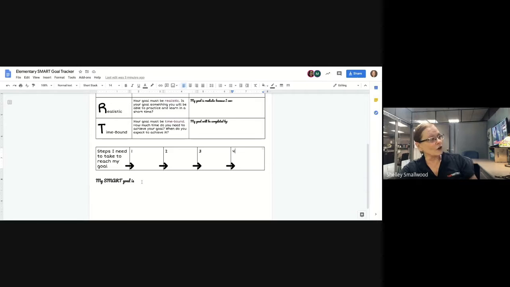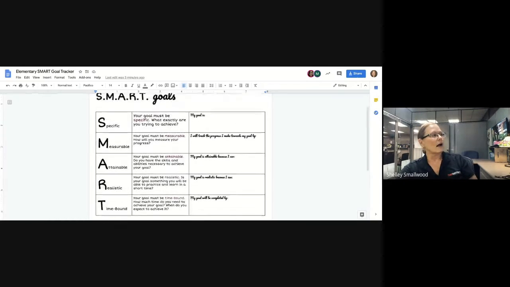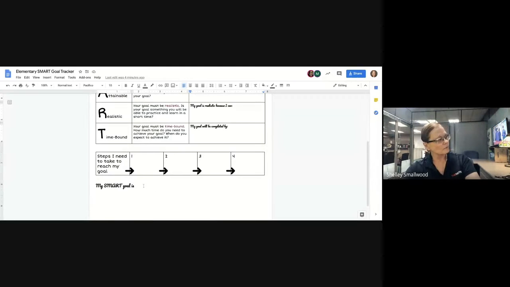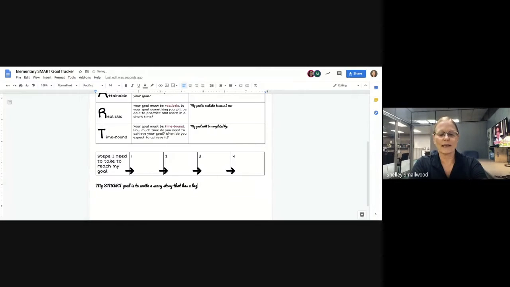And then here you can actually have your students write their SMART goal. And so my goal, so what would this goal look like? What do you think? I didn't fill it in because I want you guys to be able to download this template. But if you're going to write a story, it might be, my goal is to write a scary story that has a beginning, middle, and end by October